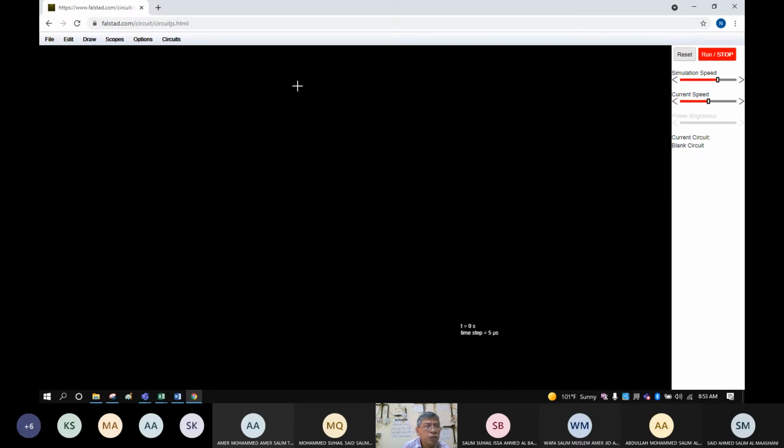Here, passive capacitor. So we have a capacitor. This is capacitor 3. And then this is capacitor 2. The next, we have a capacitor 1 here.